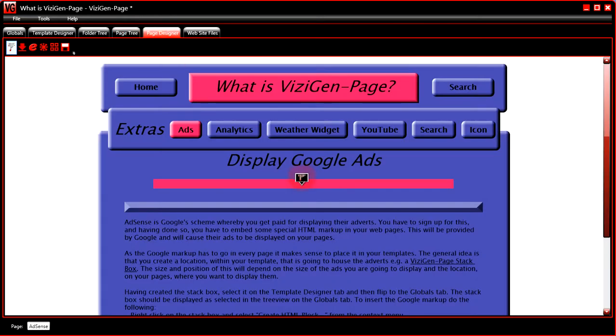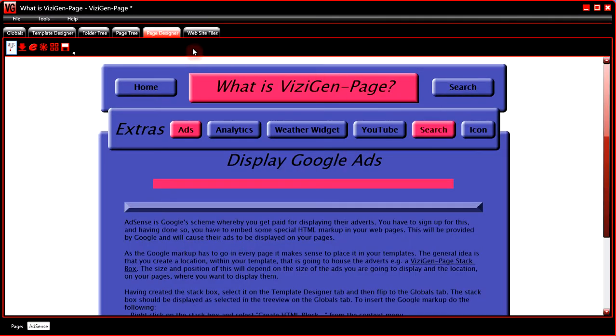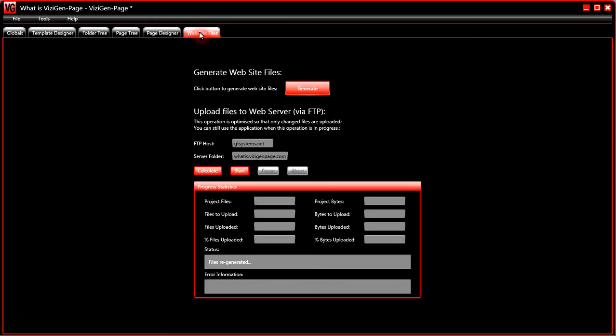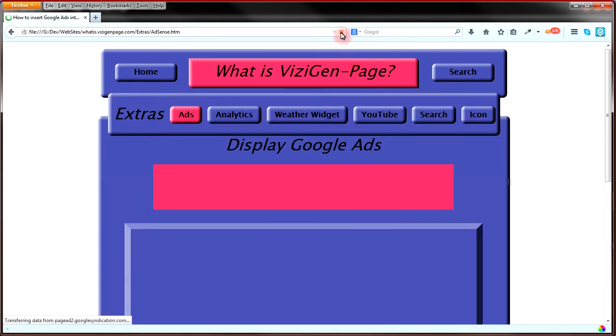So if we go back to the page designer, nothing is different here because this is hidden markup. So let's just quickly go to the web browser. This is the page that we were working on. So what we would do here within ViziGen-Page is go to the website files tab and then click on the generate button. And if you wanted to upload all of this to your web server, you would just click on the start button and it would upload, but I'm working locally here. This is just a file on my file system. So if I refresh that,